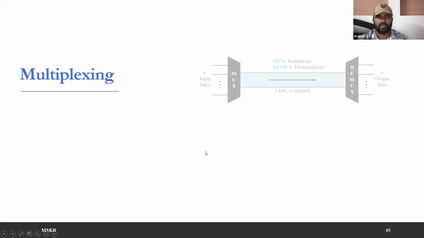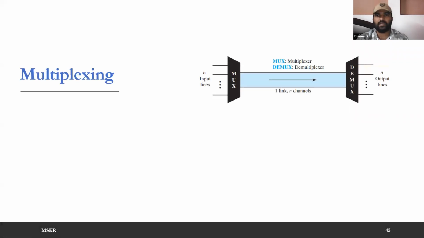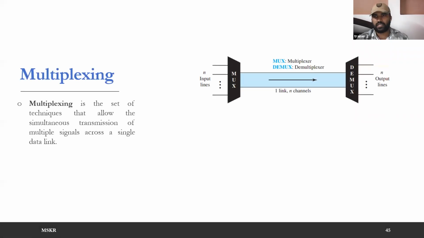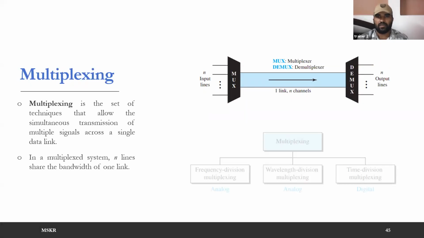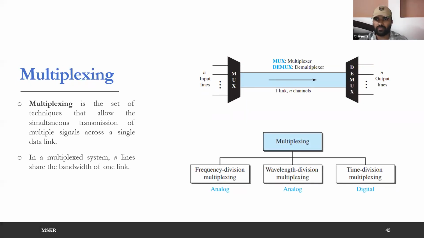In the last class, we saw what multiplexing is and what the different types of multiplexing are. As you can see on these diagrams, I won't take much time on this revision, so just pay attention. In the first diagram on the right side, a multiplexing technique allows multiple inputs to go through a single communication link. You are going to separate your link into multiple channels.